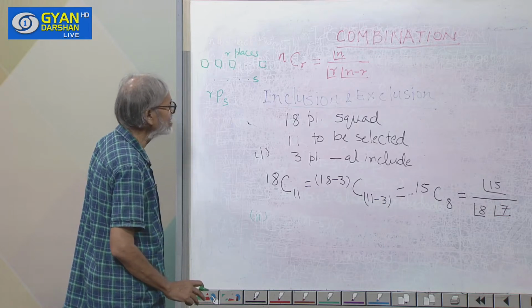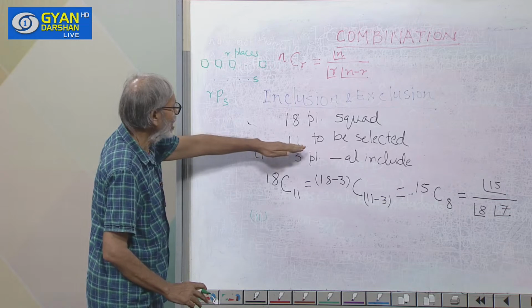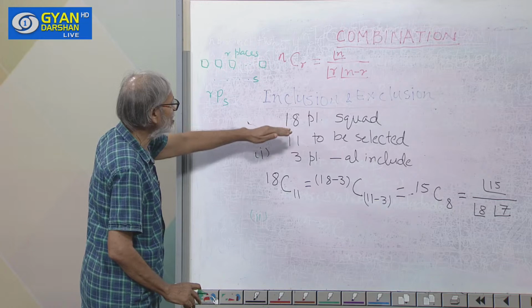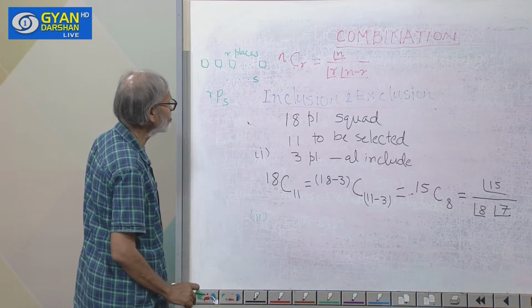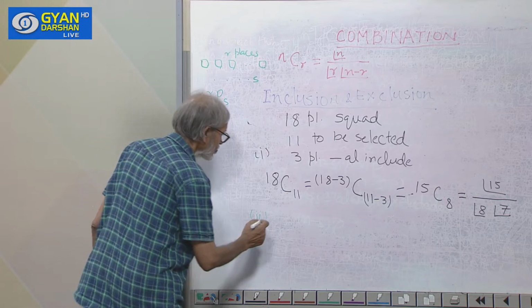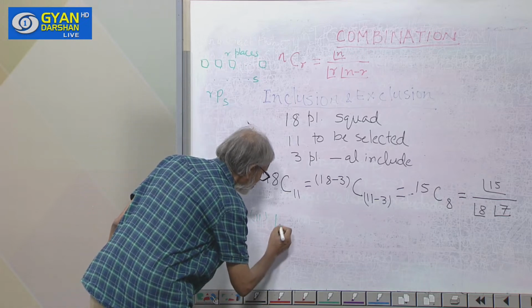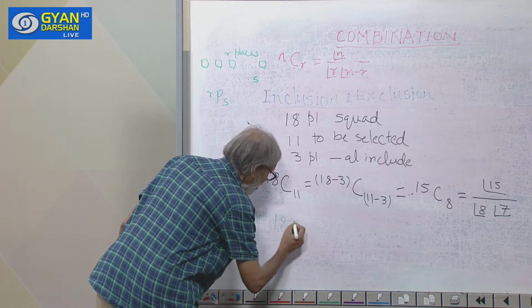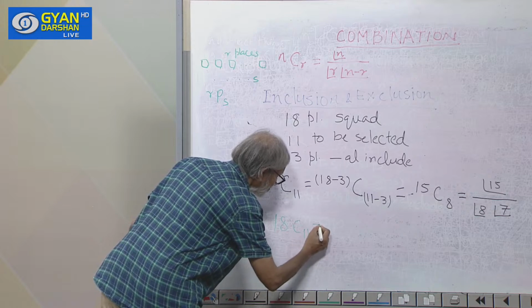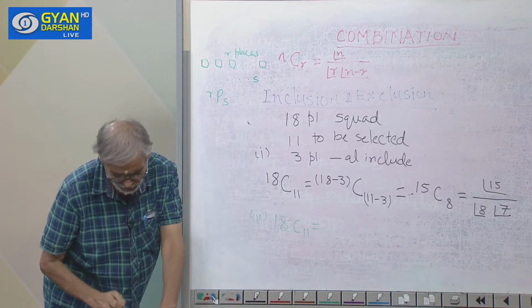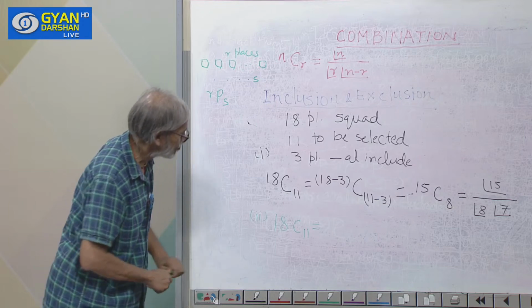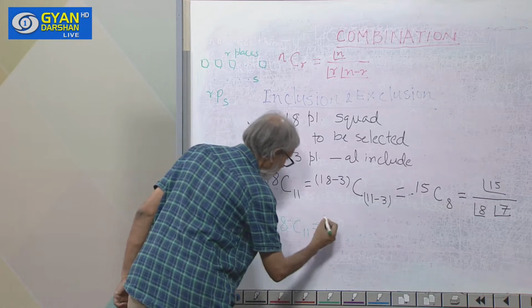The condition is that we have to select 11 players out of 18 players, out of which 2 injured players are there, so we have to exclude them. In how many ways can we form the groups? This will be equal to 18C11, which is equal to,